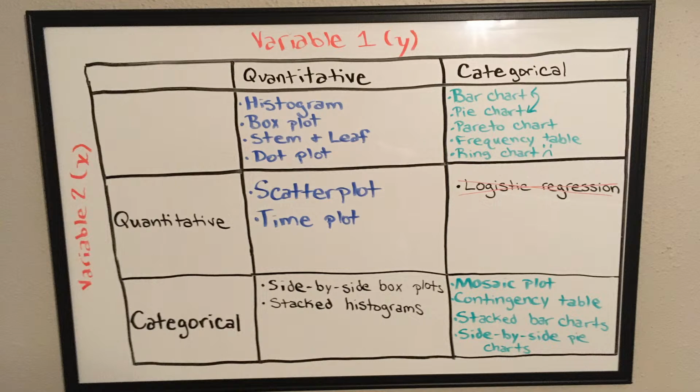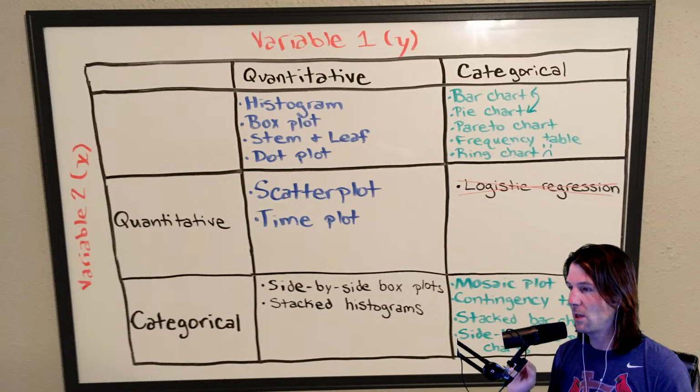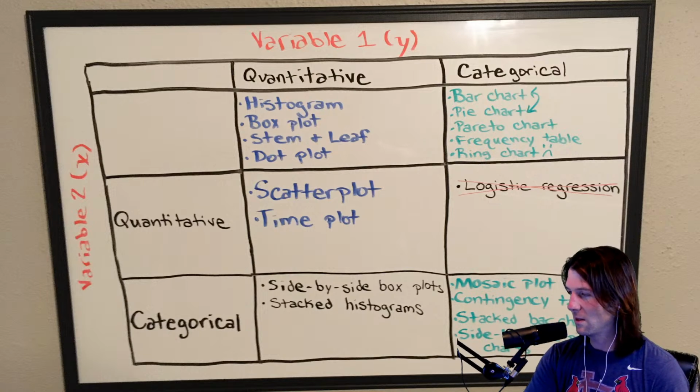This is a good screenshot to get if you're seeing this for the first time. It's got pretty much all the graphics. You'd make a mosaic plot with two categorical variables. That's the thing I'm on right here. Also contingency tables, stacked bar charts. We don't really use these ones. No worries. This is all practice. Doesn't matter till we get to the test.